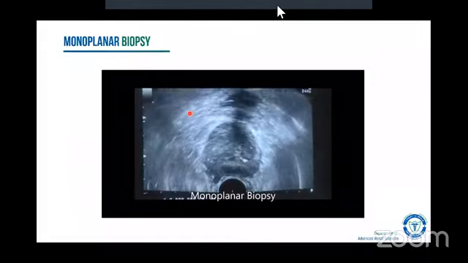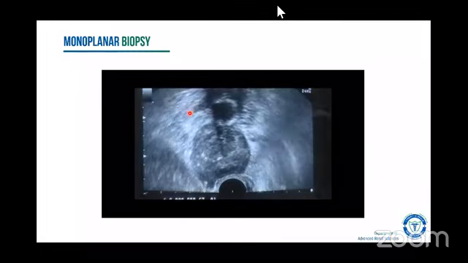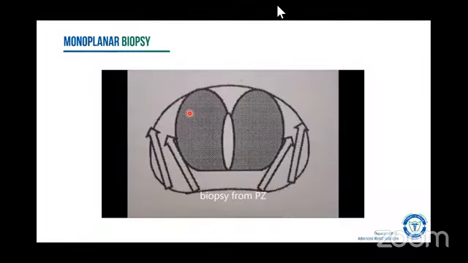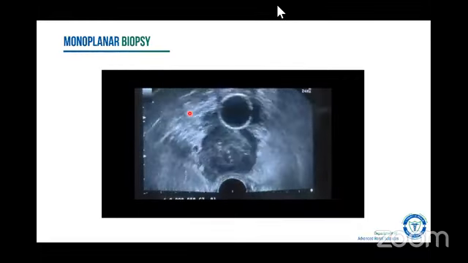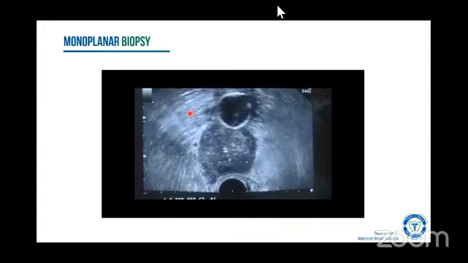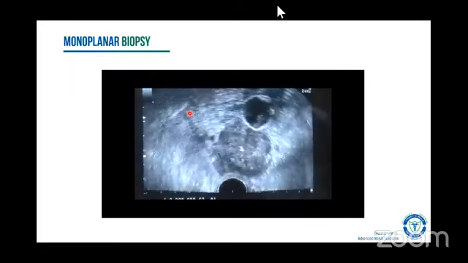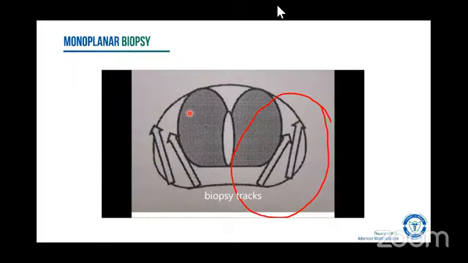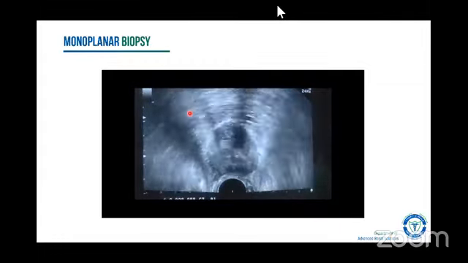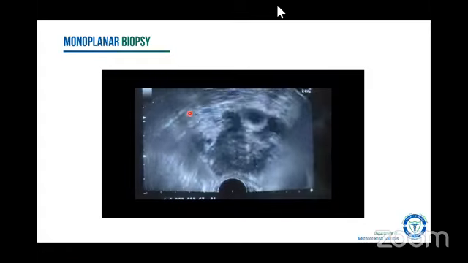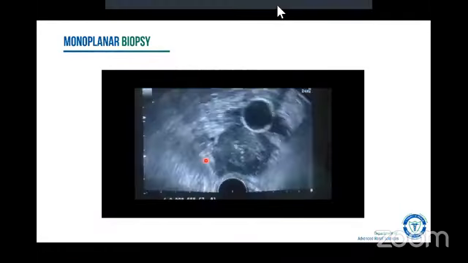You are always going to do a monoplanar biopsy only in the axial section. You are not going to do it in the sagittal section. And you can see the needle is coming in. You have biopsied from the far lateral zone on the left side, and then you want to biopsy from the middle. The tracks usually become easily visible. If you can make out the tracks on the video, you have biopsied from the far lateral zone away from the transition zone in the peripheral zone also. They are usually used as indicators in the subsequent needling.